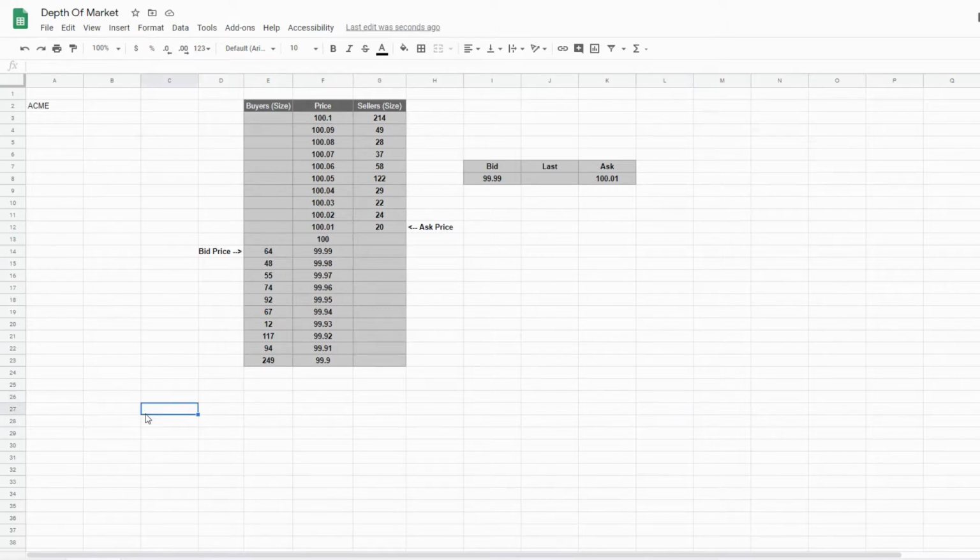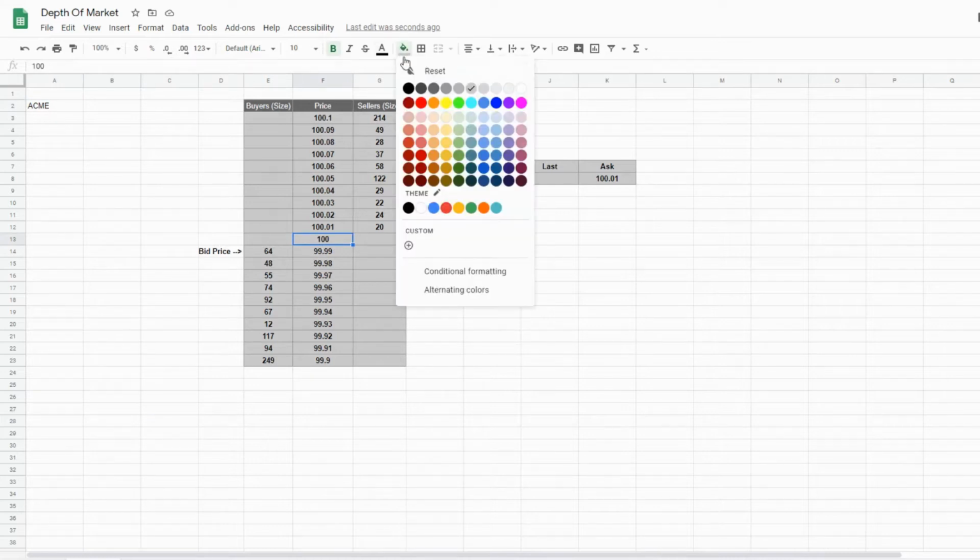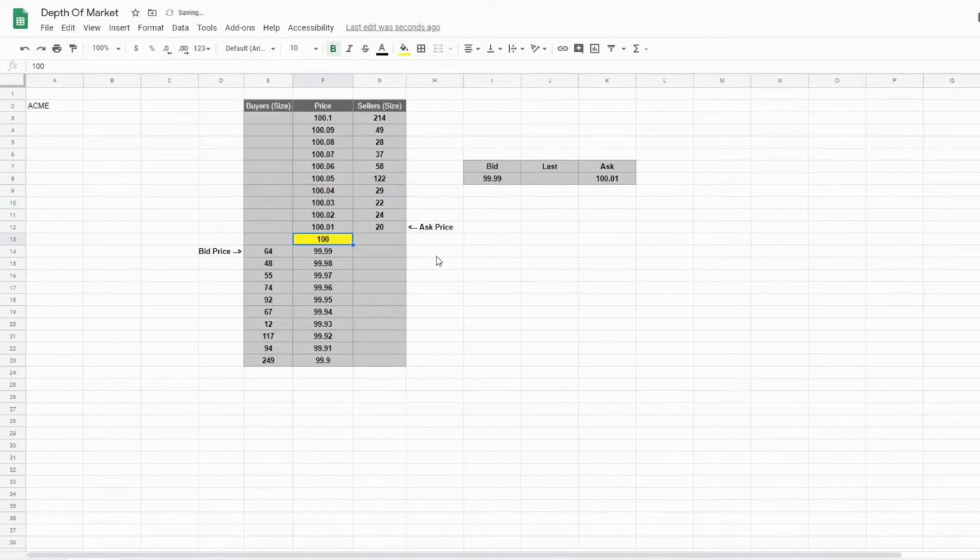So if you look at this scenario here, this is an imaginary company called Acme, and the current price is right here. The stock price is $100 per share. Typically the size in the depth of market is shown in lots of 100. So 20 is really 2,000, 24 is 2,400, and so on. So what you can see here is that there's 2,000 shares being offered for sale at $100.01. At the same time, there are 6,400 shares people are asking to buy at